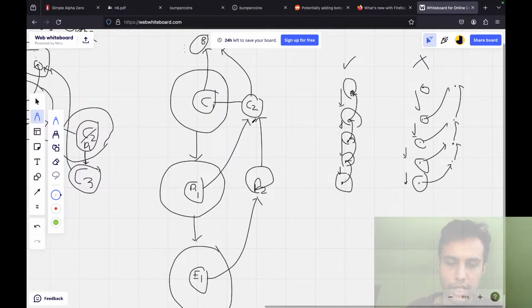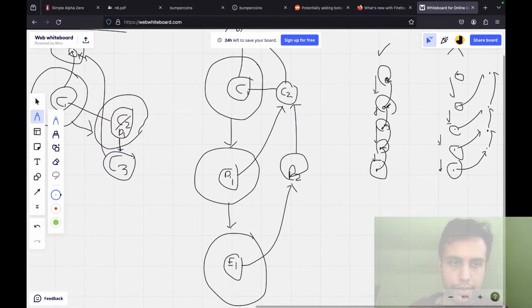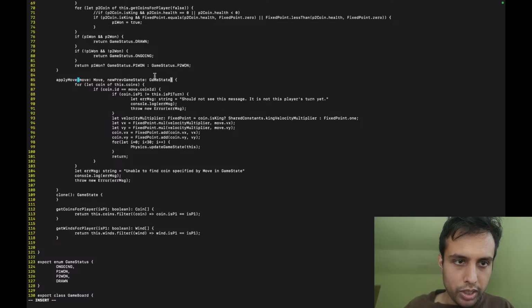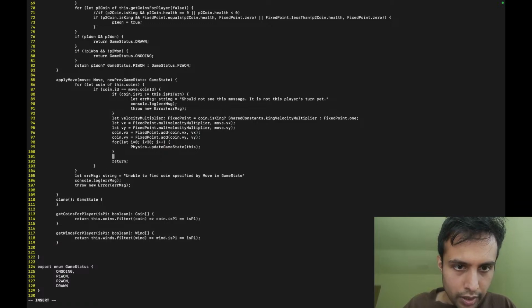So I'm saying rather than have a bunch of excessive clone copies, just simply pass in the previous game state, right? So we just pass it. Let me just show this in action. So then we just take the new prev game state, and once we do the update, we will take this dot, what's it called?